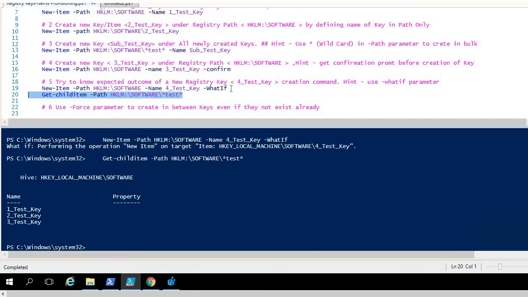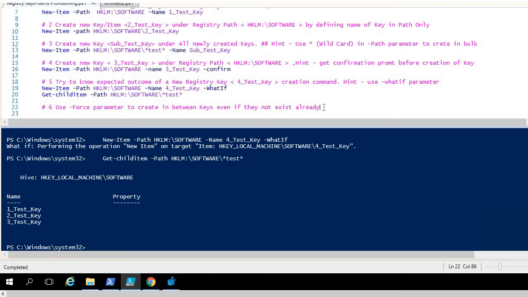Let me see, and as you can see, we have only 3 keys that we created earlier that start with 1, 2 and 3, but we don't have any key that starts with 4 that we were trying to create in this example. Means the WhatIf parameter doesn't execute the command, but it only shows us the expected outcome.